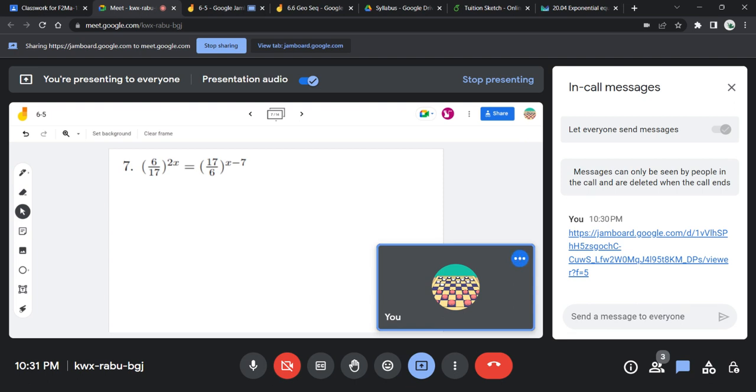exponent rules. If we multiply two numbers with the same base, then it is the same as adding their exponents. While in this case,